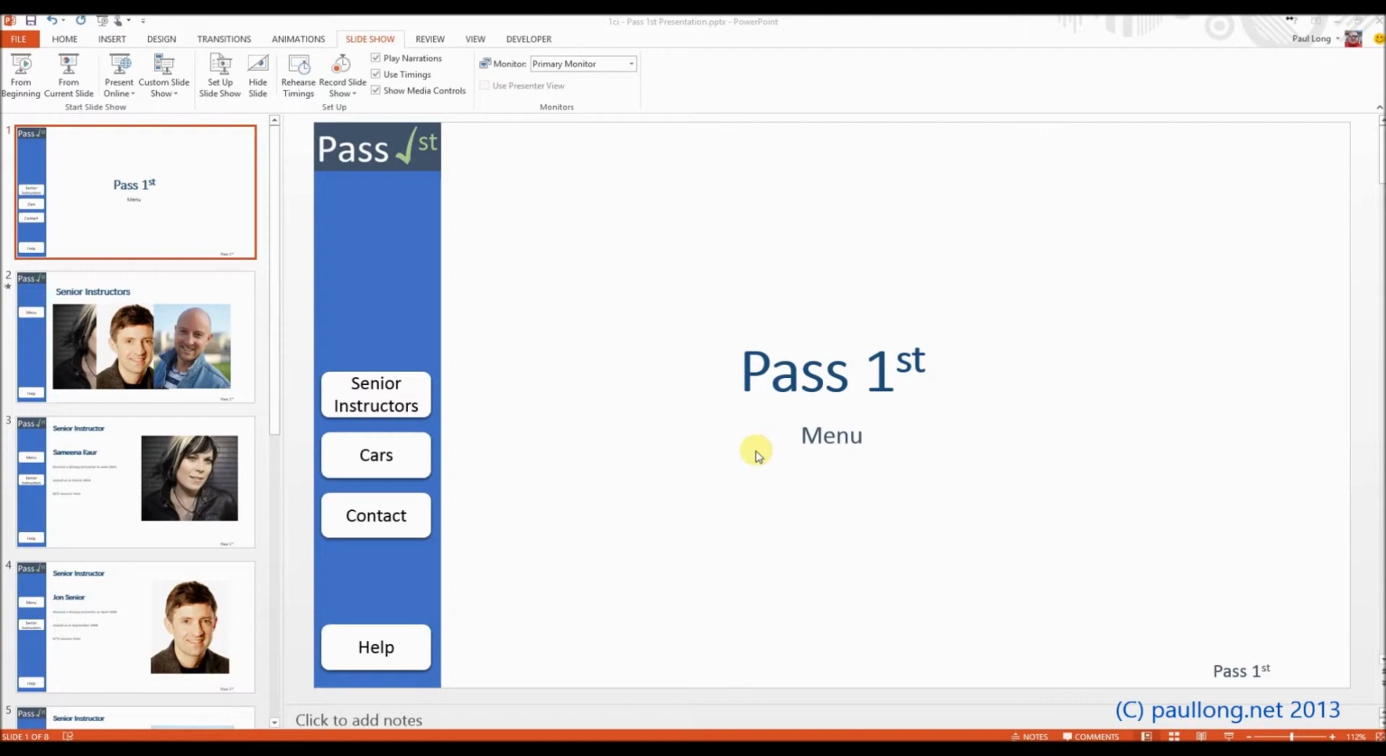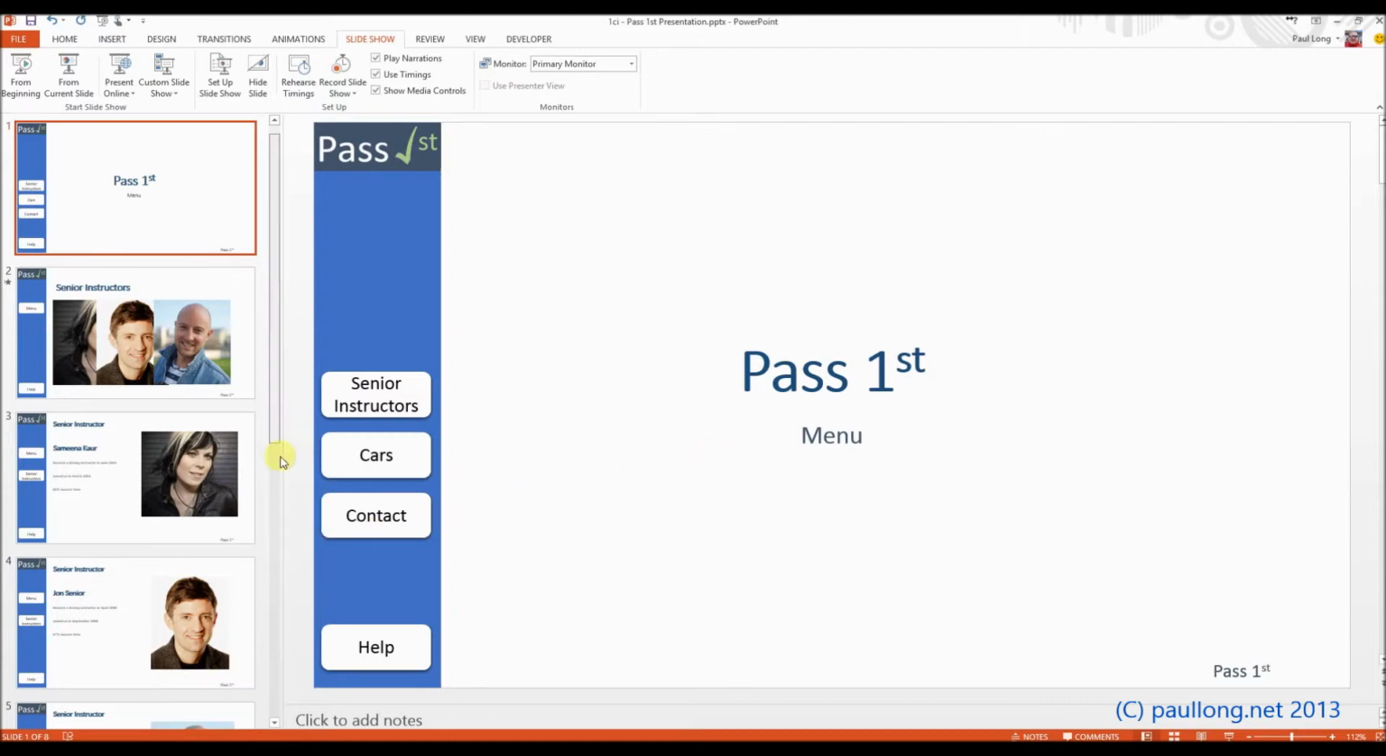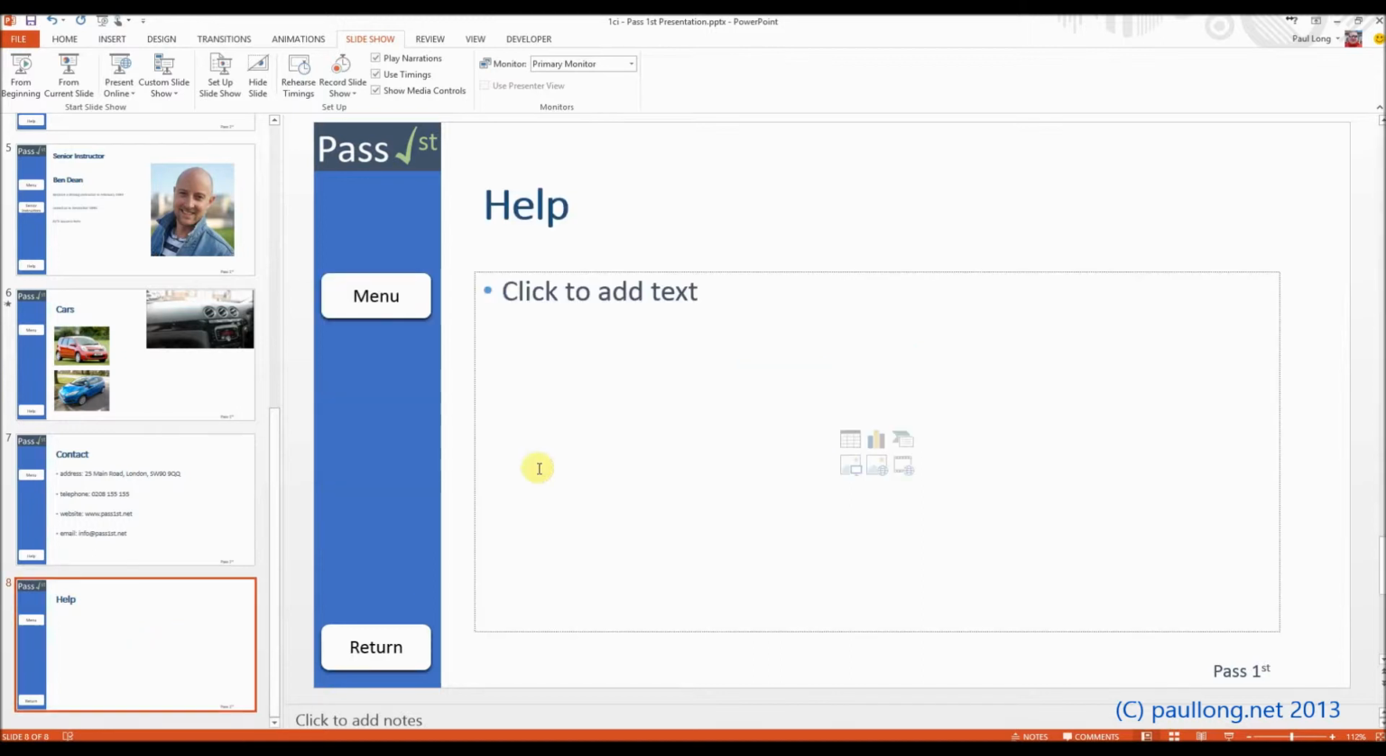So that means that we've set it up now so that only the hyperlinks and buttons can be used to navigate the presentation. There's one last thing for us to do, and that is to create the content for the help slide. Now, I'm not going to write the instructions for you, but some things that you could think about would be an instruction for how to return to the menu using the menu button, an instruction for how to get help using the help button,